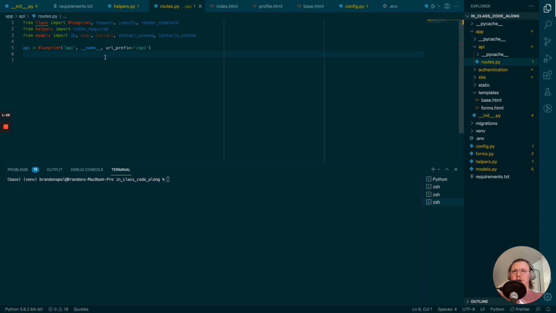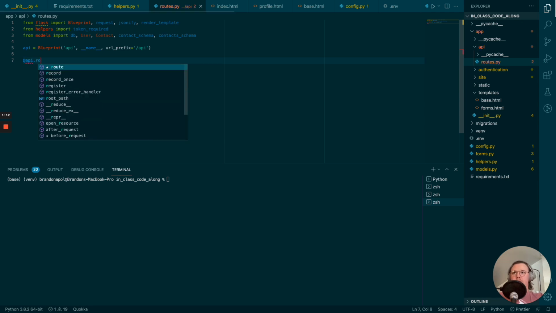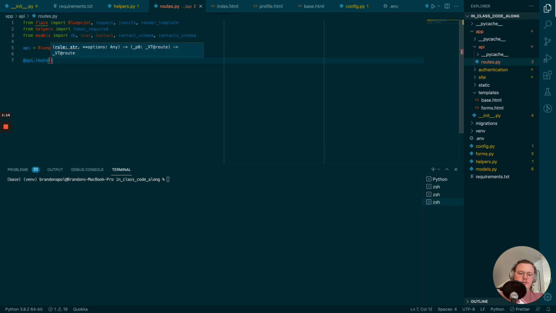So our first route we're going to write here is going to be @API. We're going to do that decorator. We'll go to route, and we'll do /getData. Okay, this would be pretty straightforward, just a simple little thing. We'll have define getData. Won't take anything, and all it's going to do is return